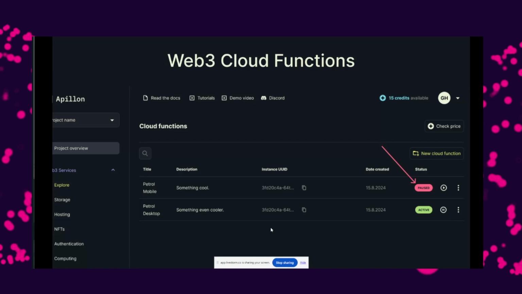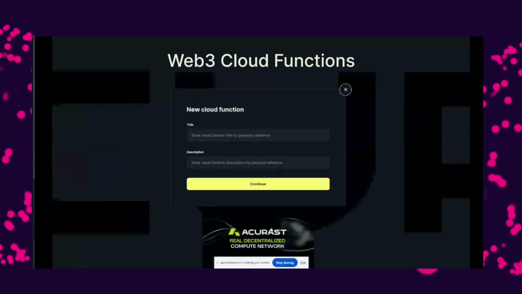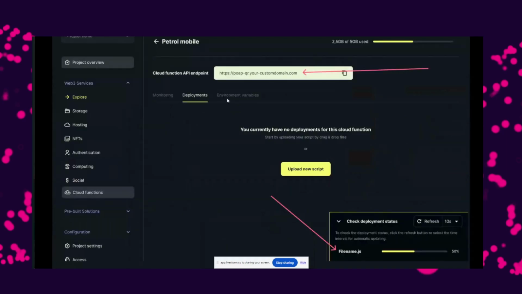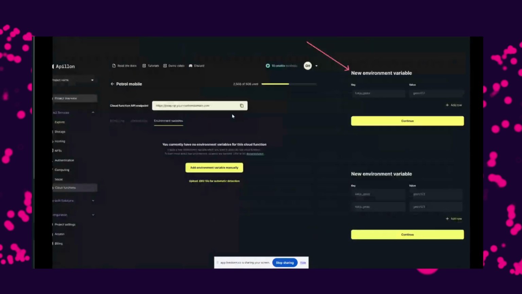We basically allow you to come to Apelon. You say, I want to deploy a new cloud function. We give you three basically tabs. One is monitoring, where you will see the amount of calls happening on this endpoint. We give you the ability to deploy a new script. It can be a Node.js script. We have the capability of adding environment variables such as secrets, right?